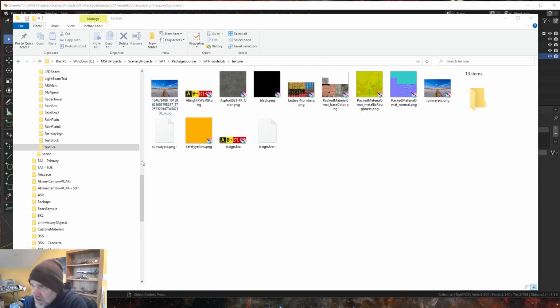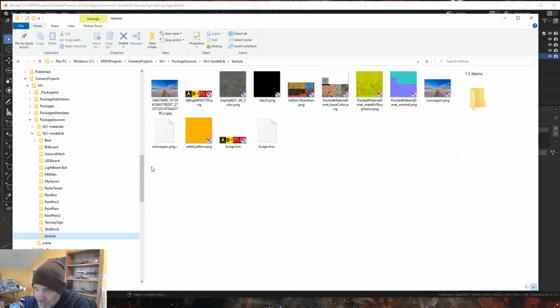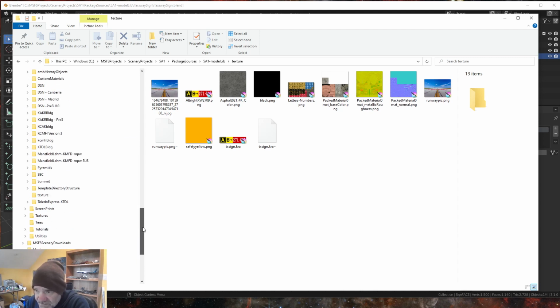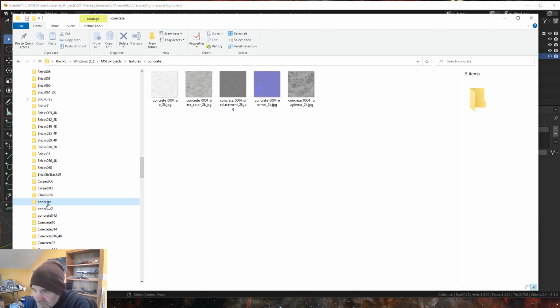Okay, I don't have a concrete material in my guinea pig airport. So I'm going to come over here, I'm going to come down here to my textures, and we're going to see if I can find a concrete. I got a bunch of concrete. That's a 2K. Yeah. We don't need a lot of detail, so I'm going to take this 2K